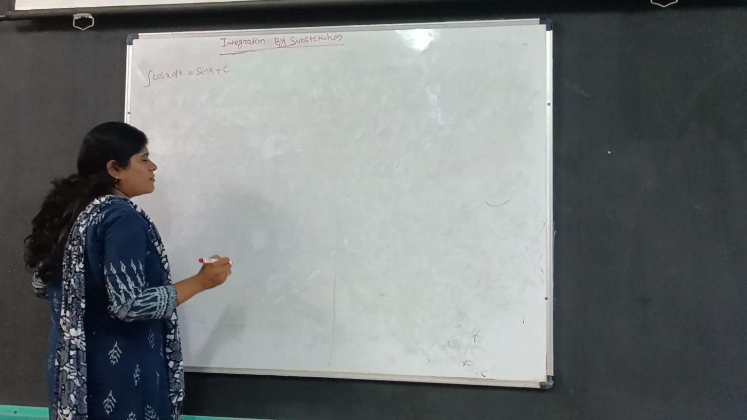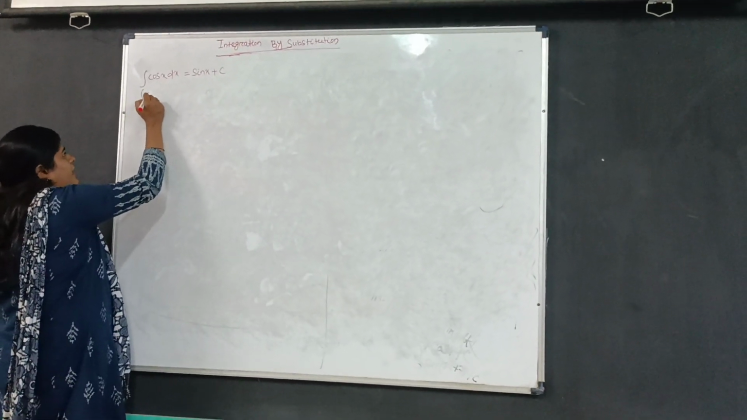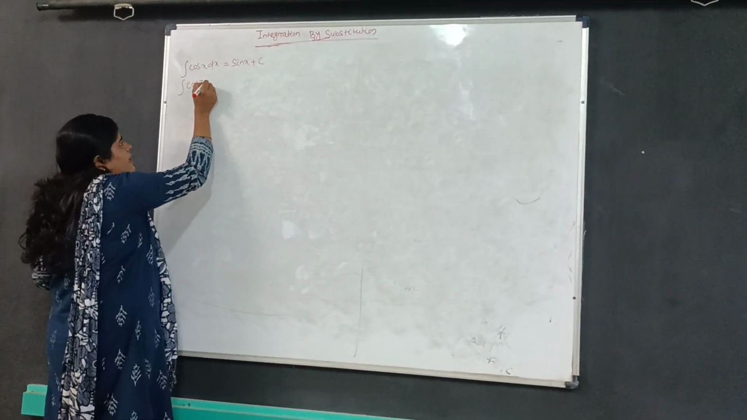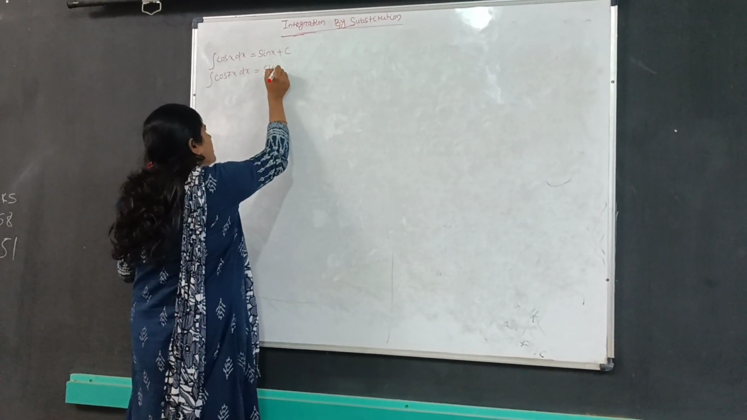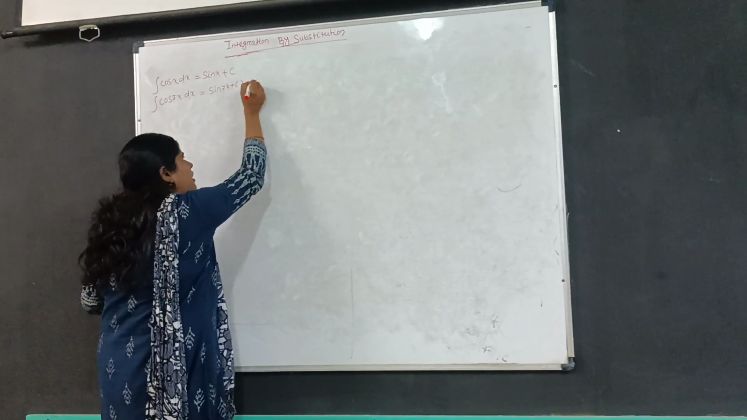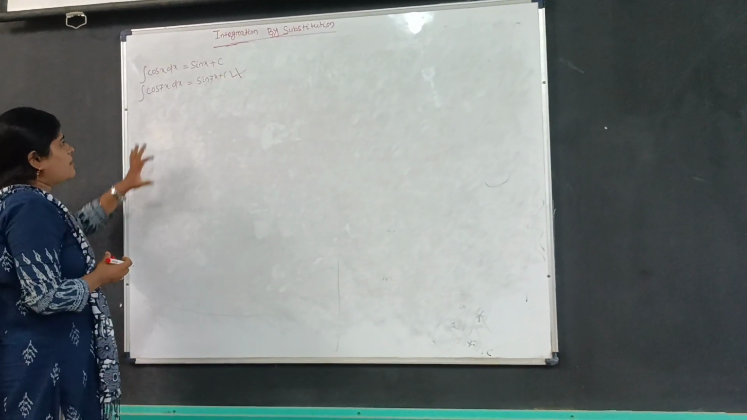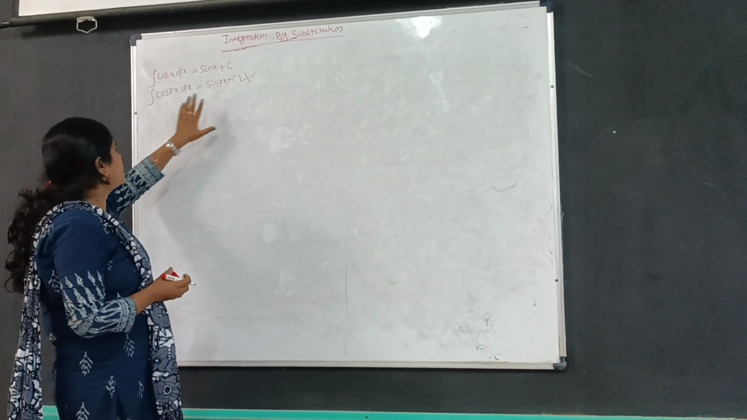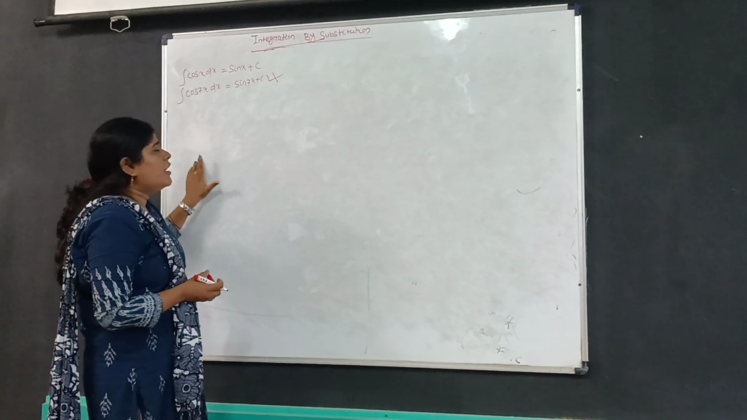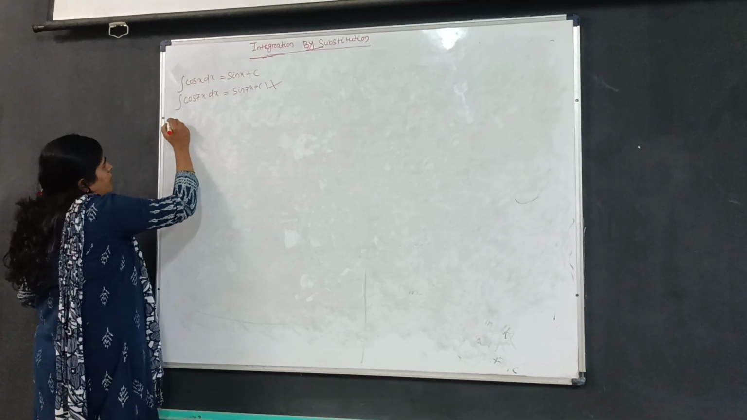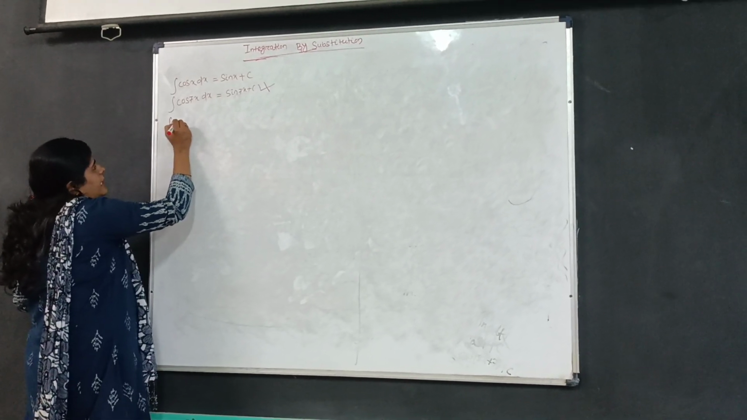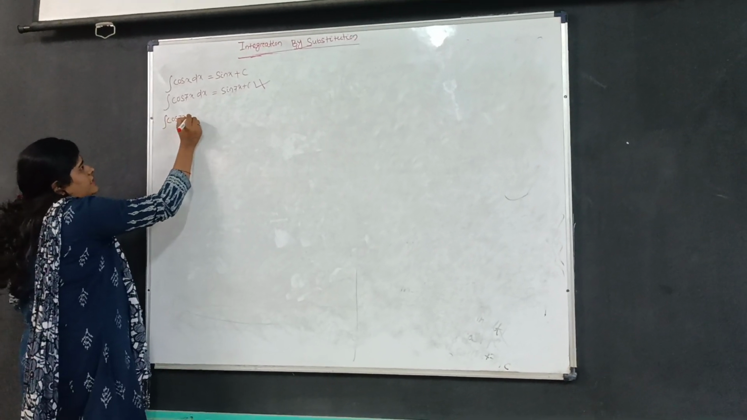is the integration constant. But in the case of the integration of cos 7x dx, the answer sin 7x plus c would not be right, because it cannot be solved by the direct method. So let us see how to solve this. Integration of cos 7x dx,